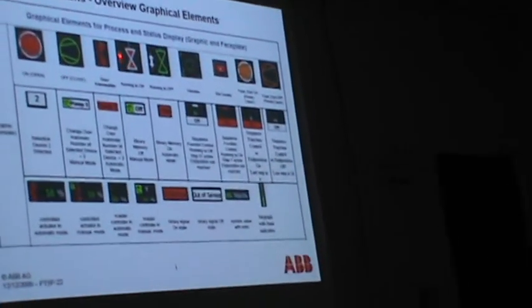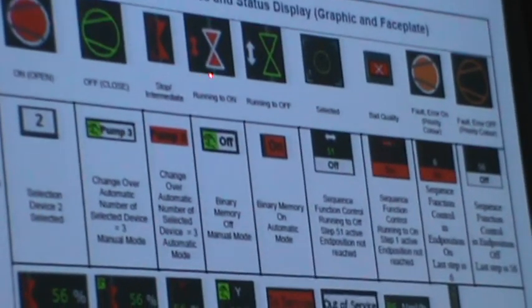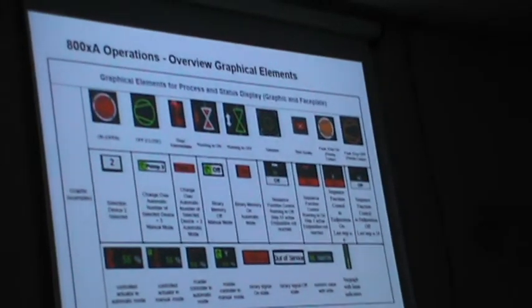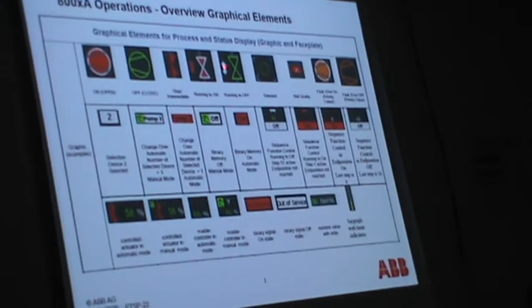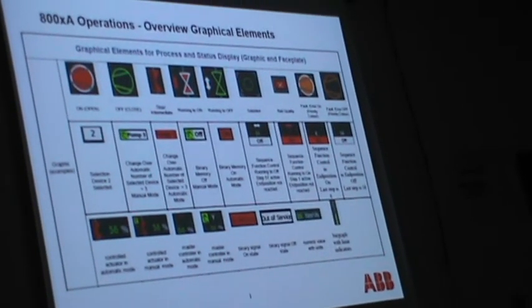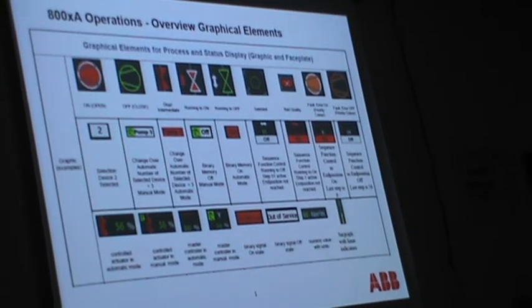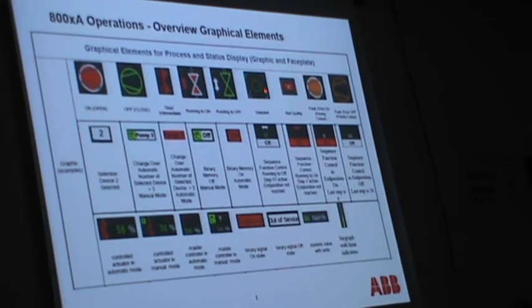And this is the indication for running to open. So you have the red color mark and it is fully open. No, it is going to open. There is no open feedback right now, but it is going to open. Now this is going to close. You have the arrow mark here. But if you don't have the arrow mark, then it is already open. It is already closed. And this is the selected one.